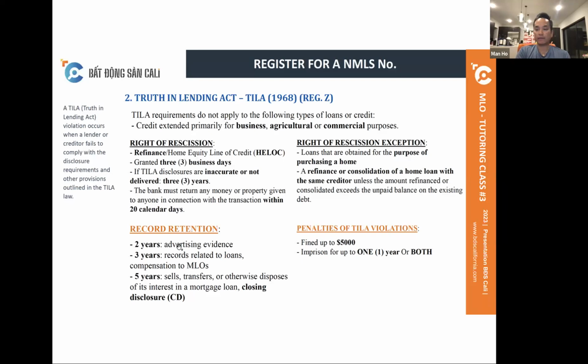Okay, record retention. When you are a loan officer, these are the requirements. The broker where you hang your license has to follow this guideline. For advertising evidence, you have to keep it for 2 years. That's because this is TILA, it applies to the loan officer. When you post on Facebook, when you send out an email, when you print a flyer, those records need to be tracked and kept for 2 years. Okay, because when somebody comes back and says, hey, I saw that ad,